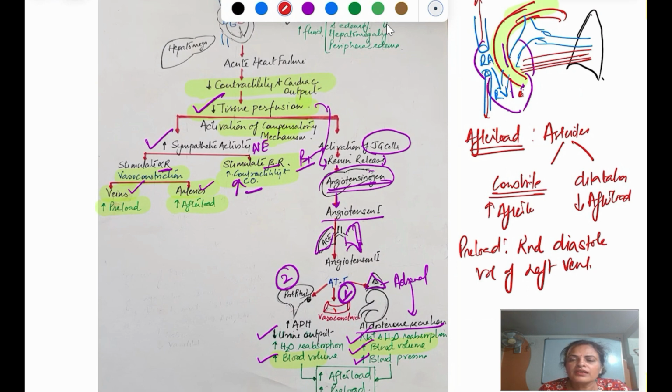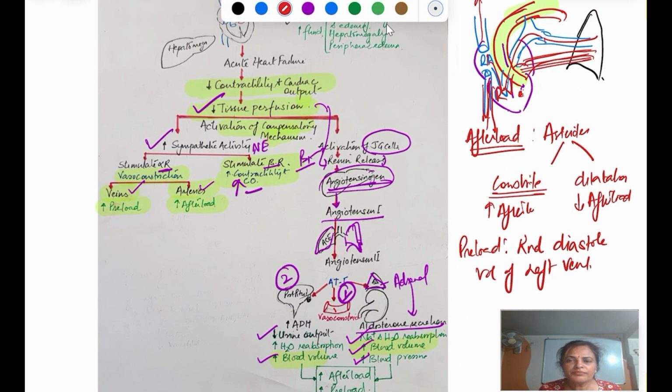Peripheral veins. If the veins are dilated, then what will happen? There will be peripheral pooling. If the peripheral veins are completely dilated, there will be peripheral pooling of the blood, and less blood will come to the right atrium. Subsequently, less blood will be in the right ventricle, and less blood will move from the pulmonary trunk to the lungs, and less blood will be coming to the